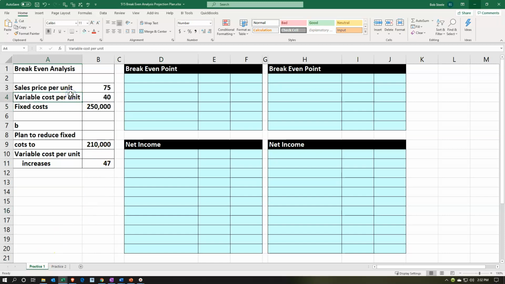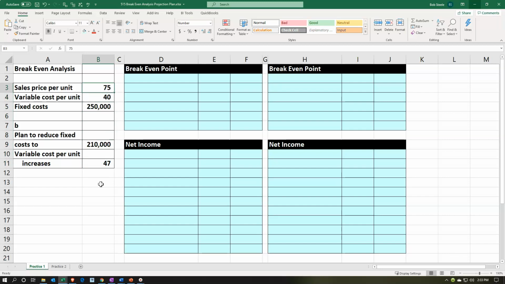So the first area on the left-hand side, we're going to have our break-even analysis as we have seen in the past. Then we're going to do our projections and see how we can start to think about what may happen into the future. First will be a plan to reduce the fixed costs to 210,000. So someone's going to propose a plan that says, hey, the fixed costs are at 250,000. We're going to propose something to reduce them to 210,000. However, in doing so, we're also going to have to increase the variable costs to $47